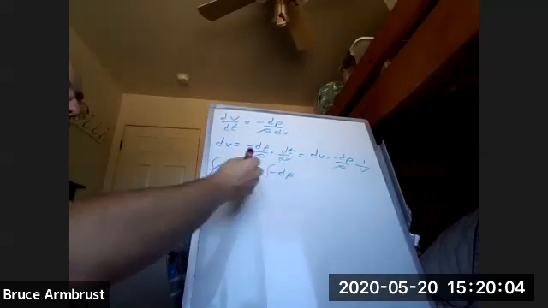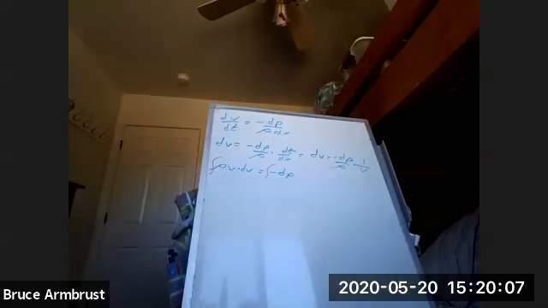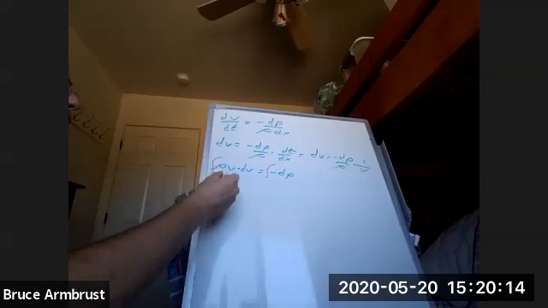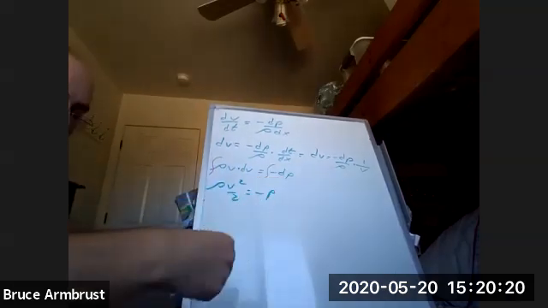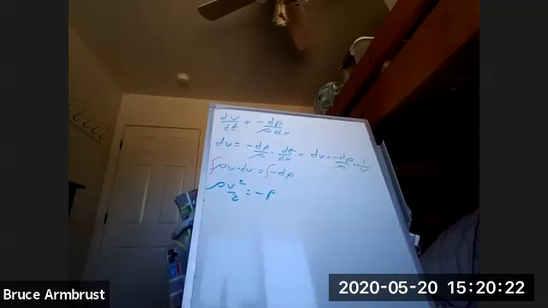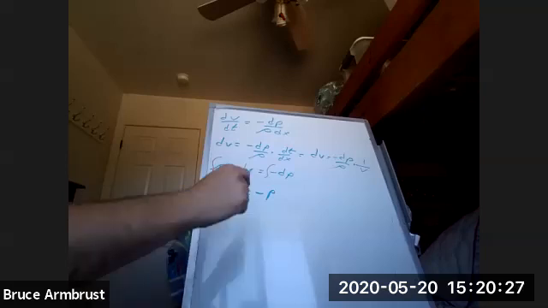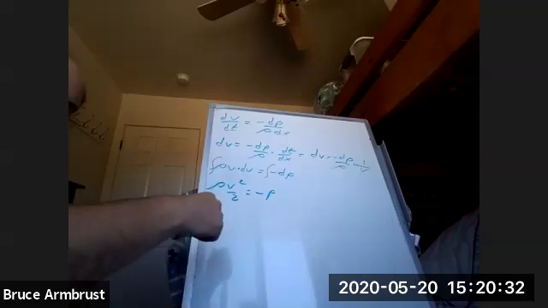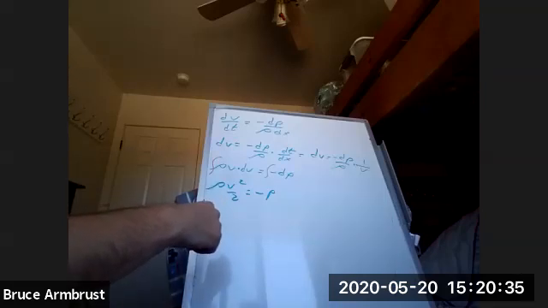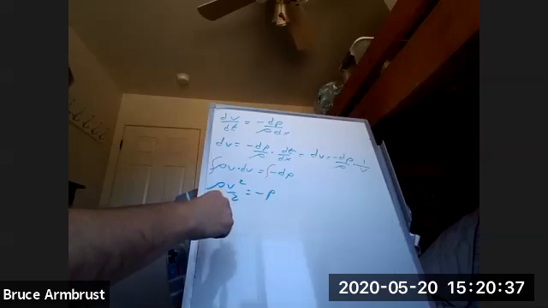So if we integrate, we end up getting rho times v squared over 2 is equal to negative P. We could put a plus C, but we can assume that it's 0. And then solving for v, we end up getting